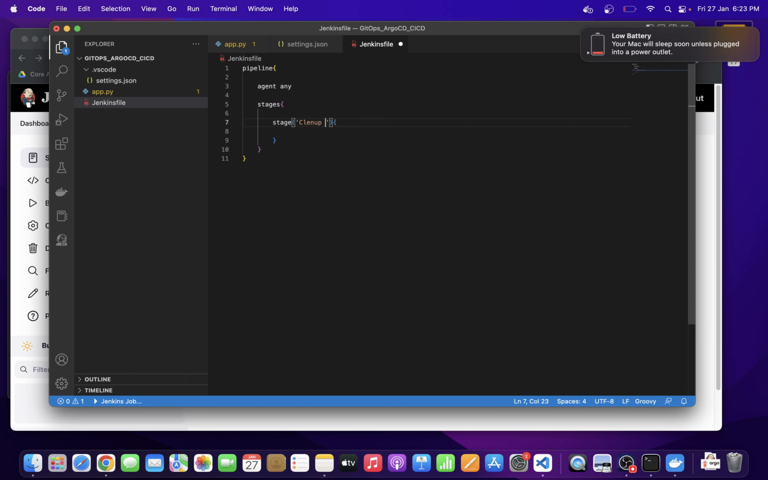Clean up workspace, and here inside steps, you have to write a script. Inside a script, you have to call the function that is clean workspace. Fine. So once this is done, how we will call our, how we will trigger our Jenkins job